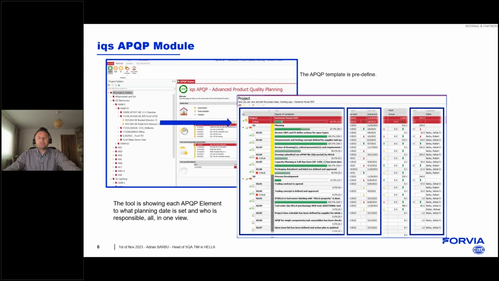Every project requires specific monitoring, and this is why we use the IQS to communicate well with the suppliers. For every element that we describe within the IQS system, we have good timing and clear responsibilities for the actions itself.